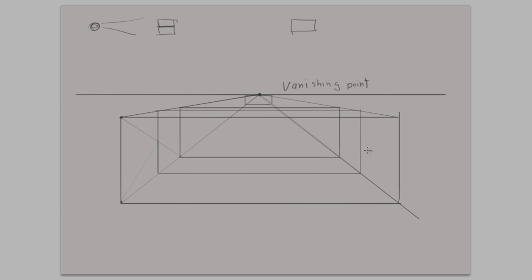And these lines represent the slice in the middle of the box. So why do we do this? Well, this is where we're gonna draw the shape when it's viewed from the front view,